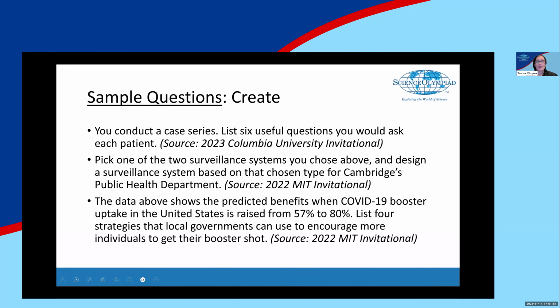There's one question about COVID booster uptake in the US that went up from 57 to 80%. List 4 strategies that the government can use to encourage more individuals. Now, this question is really not about the percentage. The percentage has been given there not to scare you or ask you to calculate anything, but to think about, from your reading, what can you do to help increase